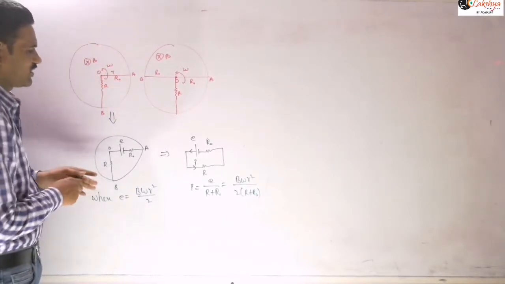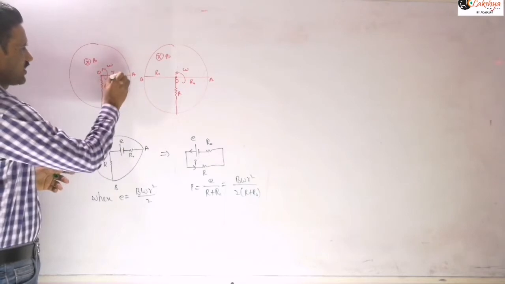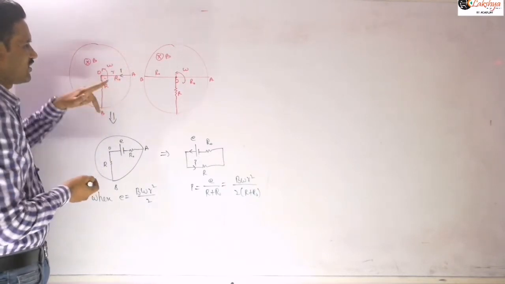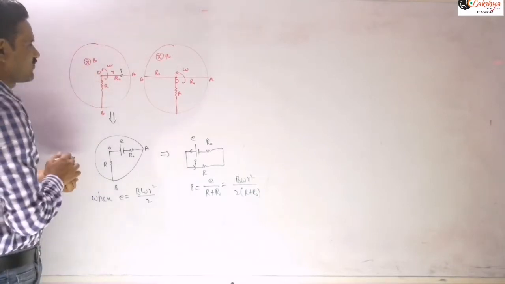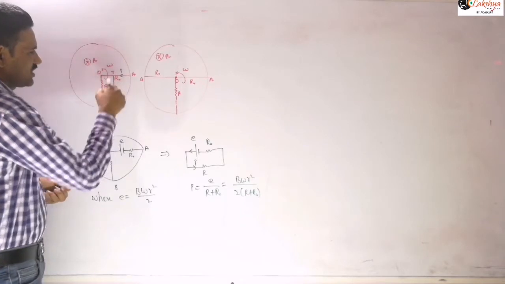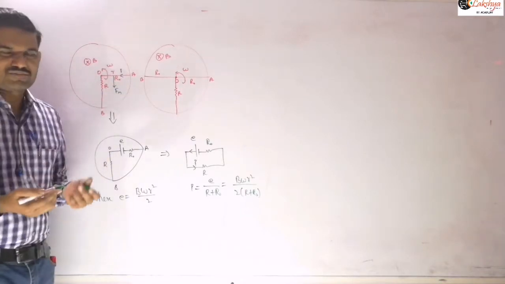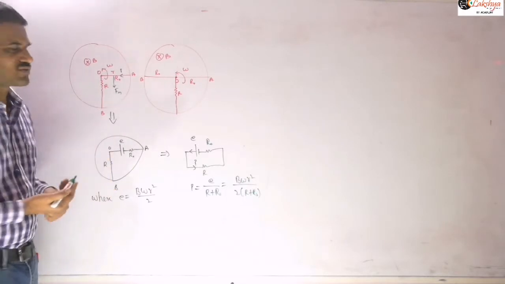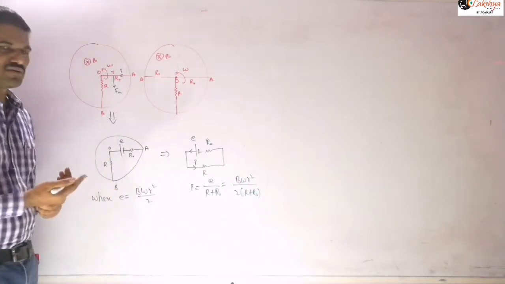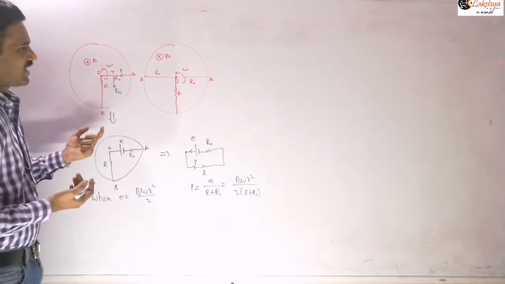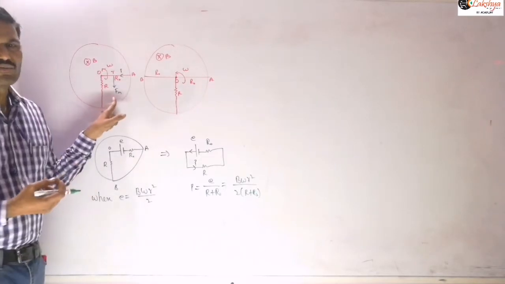Field is into the plane, and here we are saying that current is flowing along this direction. So the field is into the plane and the current is flowing along this direction, which means the magnetic force will be there like this. And that magnetic force you need to take at the center. Actually every element has that magnetic force, so you can take it at the center here, because the length of this rod is constant and the magnetic field is also constant. You can take it as acting at the center.